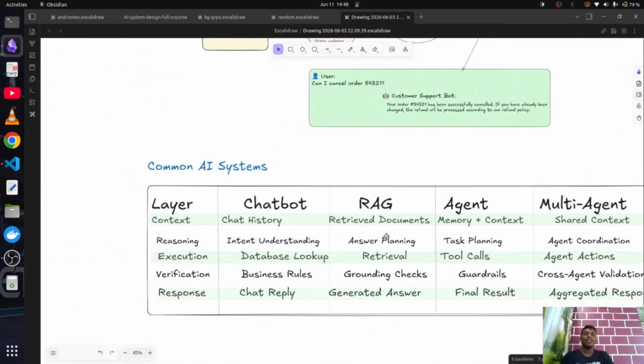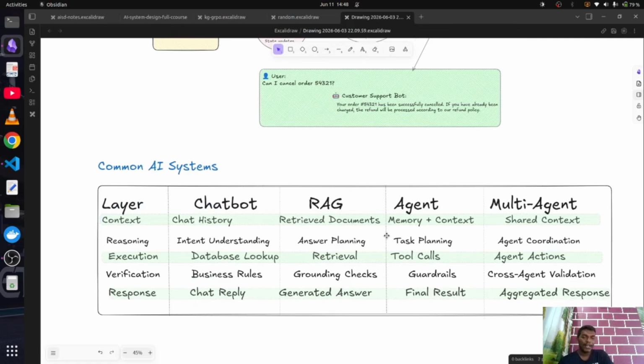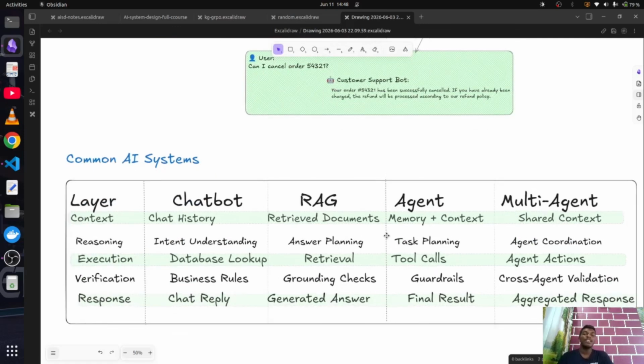There is one important thing, the comparison of multiple systems, the multiple kinds of architecture we have. Basically, we see their particular layers. So layer wise, for any simple chatbot, the context will be its chat history. For example, the ChatGPT application which you are going to use takes your chat history as your context, although how the history is collected is quite a different topic which we will discuss later. So it remembers your name. It doesn't ask your name always, because it remembers the context as your chat history.